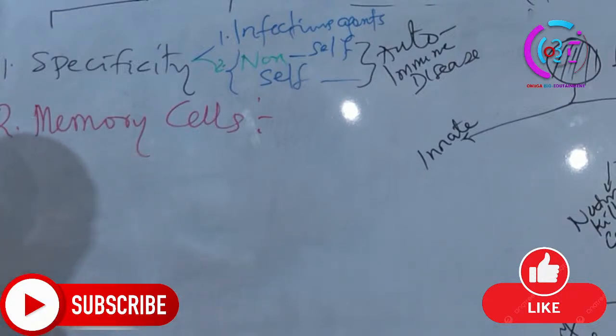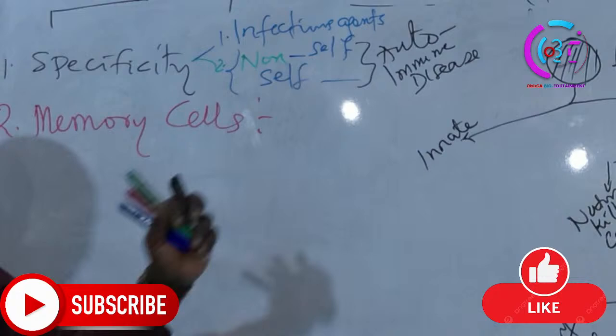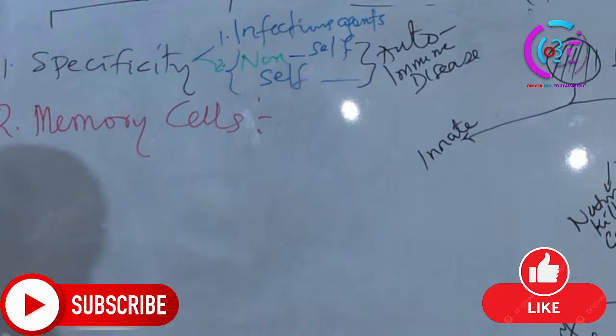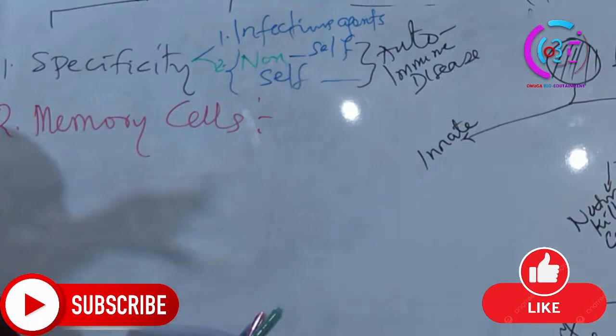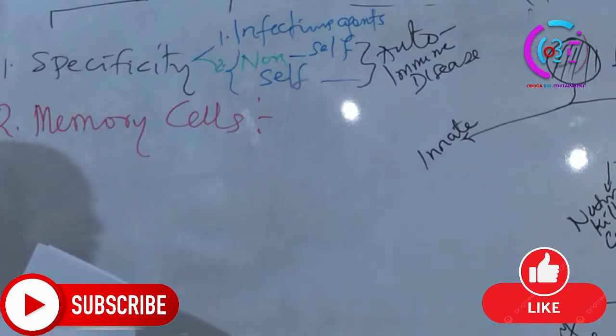The adaptive immune system should be able to make sure that at the end of dealing with the strangers, at the end of clearing or preventing the establishment of a pathogen in the host, there are some cells that will be retained within the body that will give a kind of memory, so that the adaptive immune system will recognize again, oh, this is a challenge from viral infection, so that whenever there is a secondary infection or reinfection,